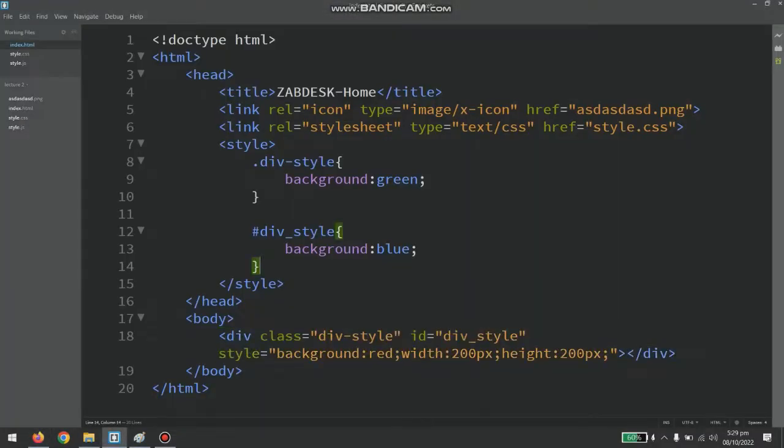Why? Because in the document object model, the browser checks which CSS is the closest to the element that is mapped for it. So the div element has been mapped with this style tag inside itself, so this will be given priority because it is closest to that div tag. When I remove this,